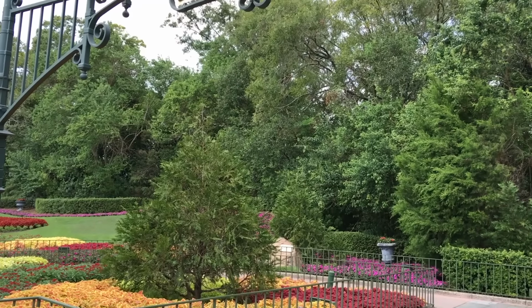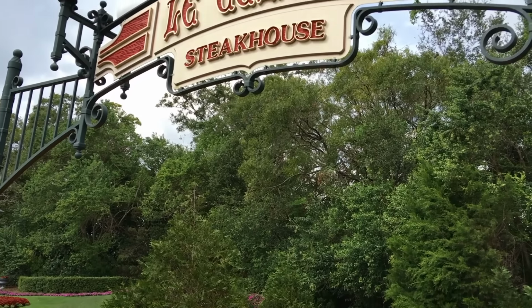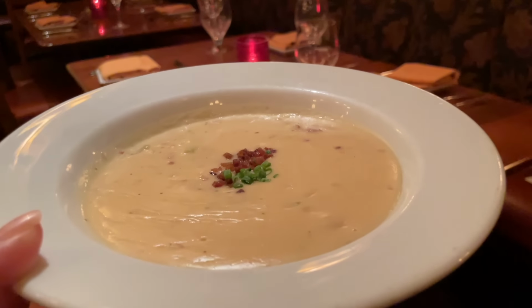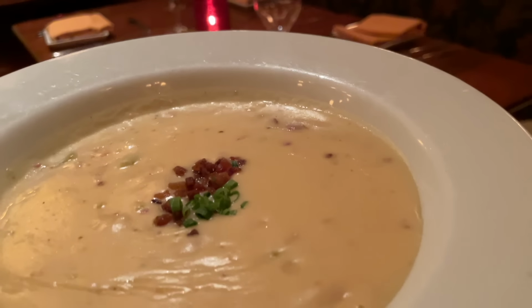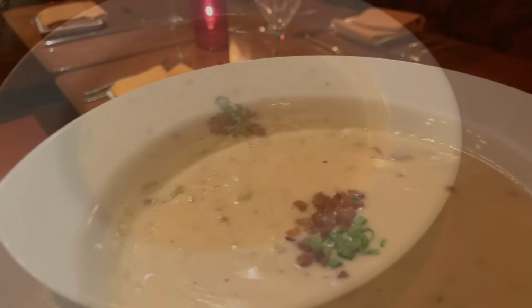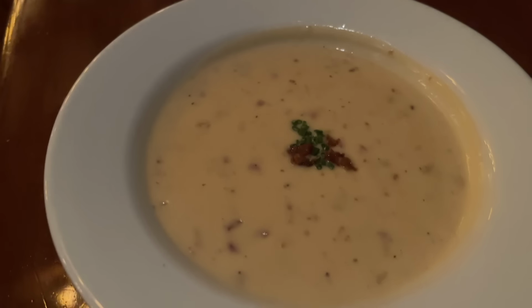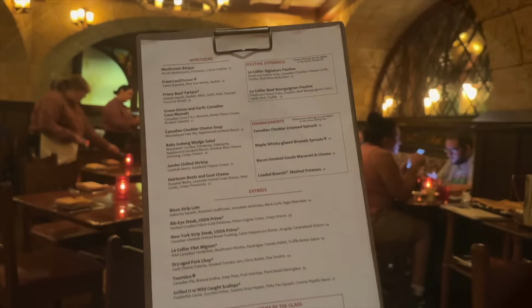Speaking of cheese apps, if you hop on over to Le Cellier Steakhouse in Epcot, you're going to find that iconic Canadian cheddar cheese soup on the appetizer menu, which has hints of smoky bacon and beer and so much cheese. Soup may not be your go-to option when you're visiting the parks during the summer, but the good news about ordering the soup at Le Cellier is that the restaurant is indoors and in the nice chilly AC, so